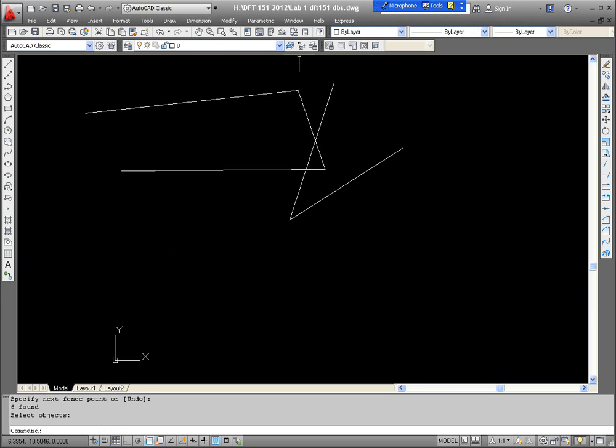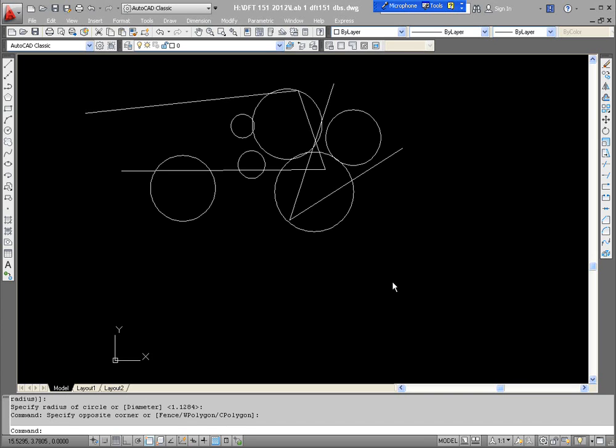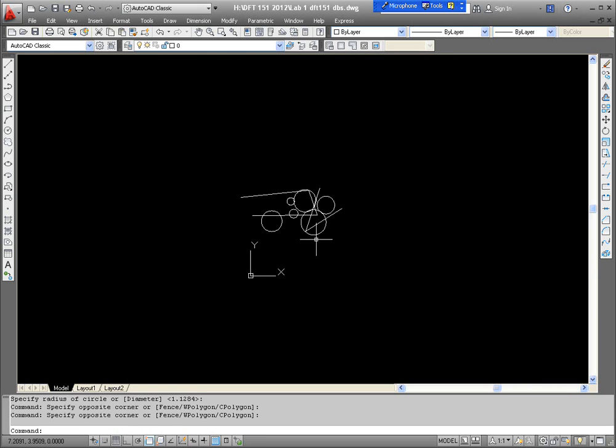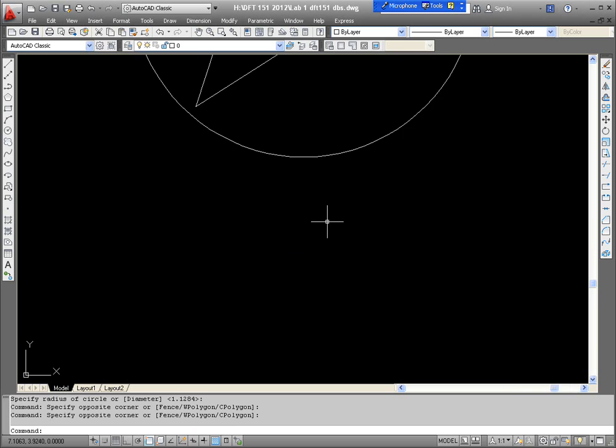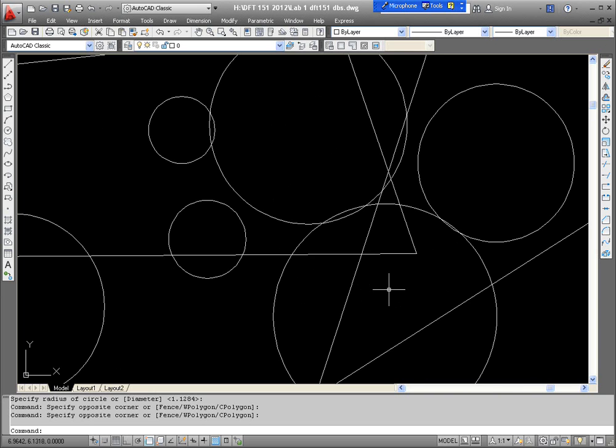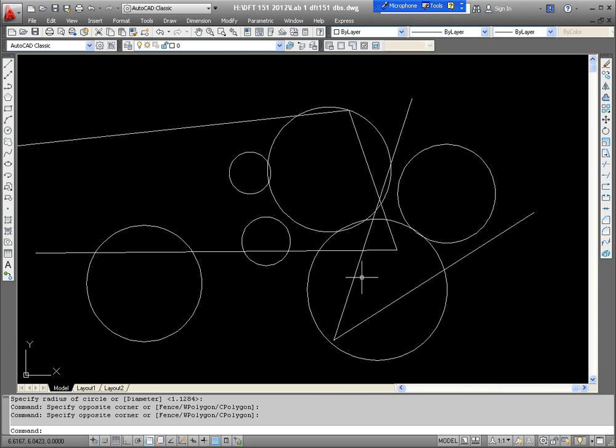Occasionally, you might need to clean your screen up. Occasionally, you need to regenerate your computer screen if you do a lot of zooming in and out. My AutoCAD seems to be trying to ignore me. Some will zoom in and out a little bit, and I probably can't make this happen. But there's a lot of zooming in and out, and all of your coordinates are not recalculated every single second of the move. So sometimes if things don't look quite like they're supposed to look, you can do View, Regen,